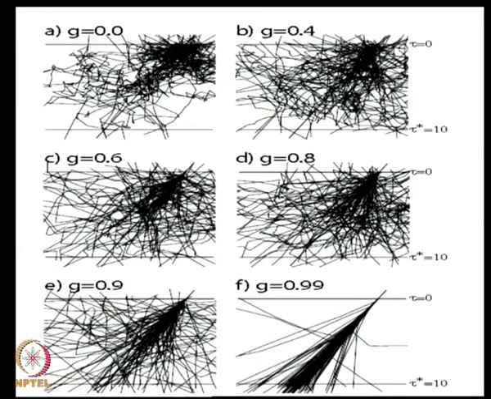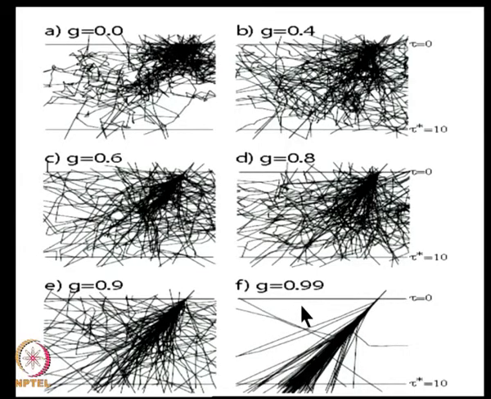Now, the best way to understand the role of the asymmetry parameter is to do a Monte Carlo ray tracing model. As I pointed out, in Monte Carlo, photons are seeded and their path is followed till the photon is absorbed. Now, here is the simulation for g close to 1, which is all forward scattering, and the particles are being sent from this side here. You can see most of the particles are scattering only in the forward direction, and of the hundreds of particles shown here, most of them are doing primarily forward scattering, a few of them are on the side.